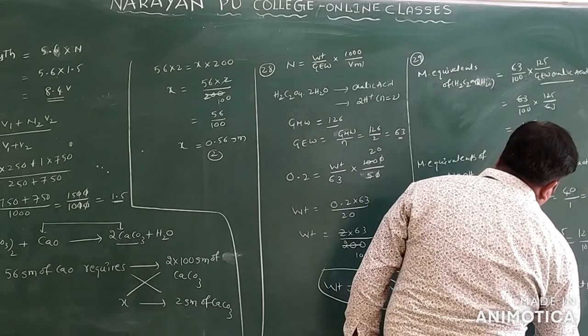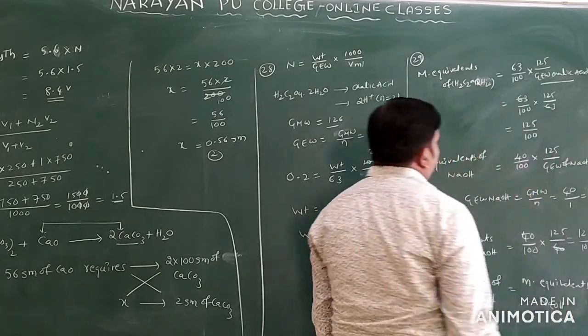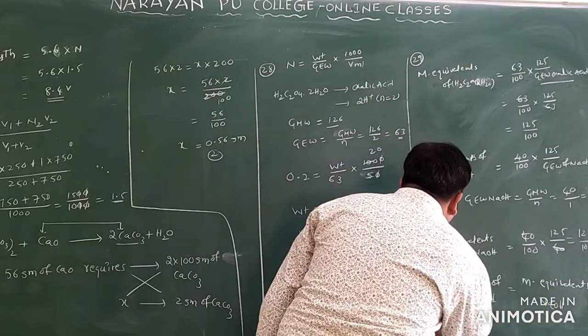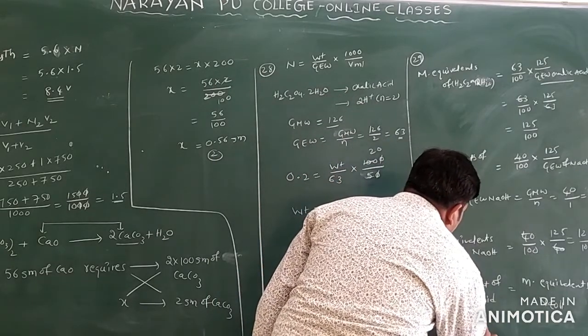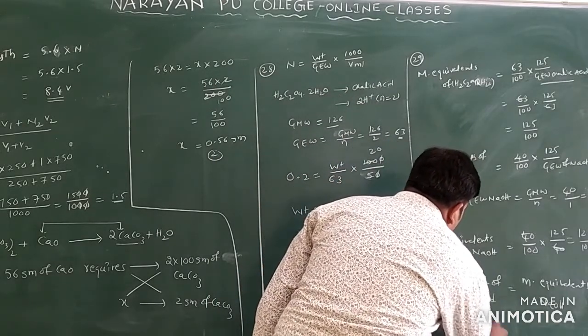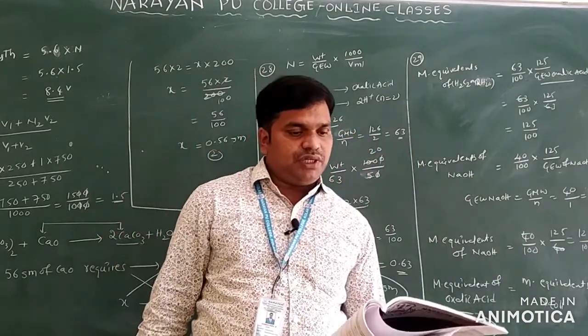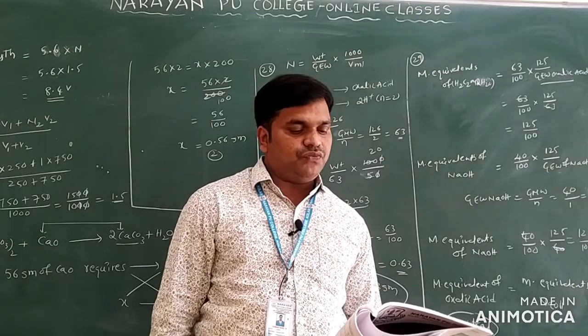what? NaOH means concentration of H plus is equal to concentration of OH minus ion. What is the nature of the solution? The nature of the solution is what? Neutral only. So what answer will you take here? You will take option 1 for this question.